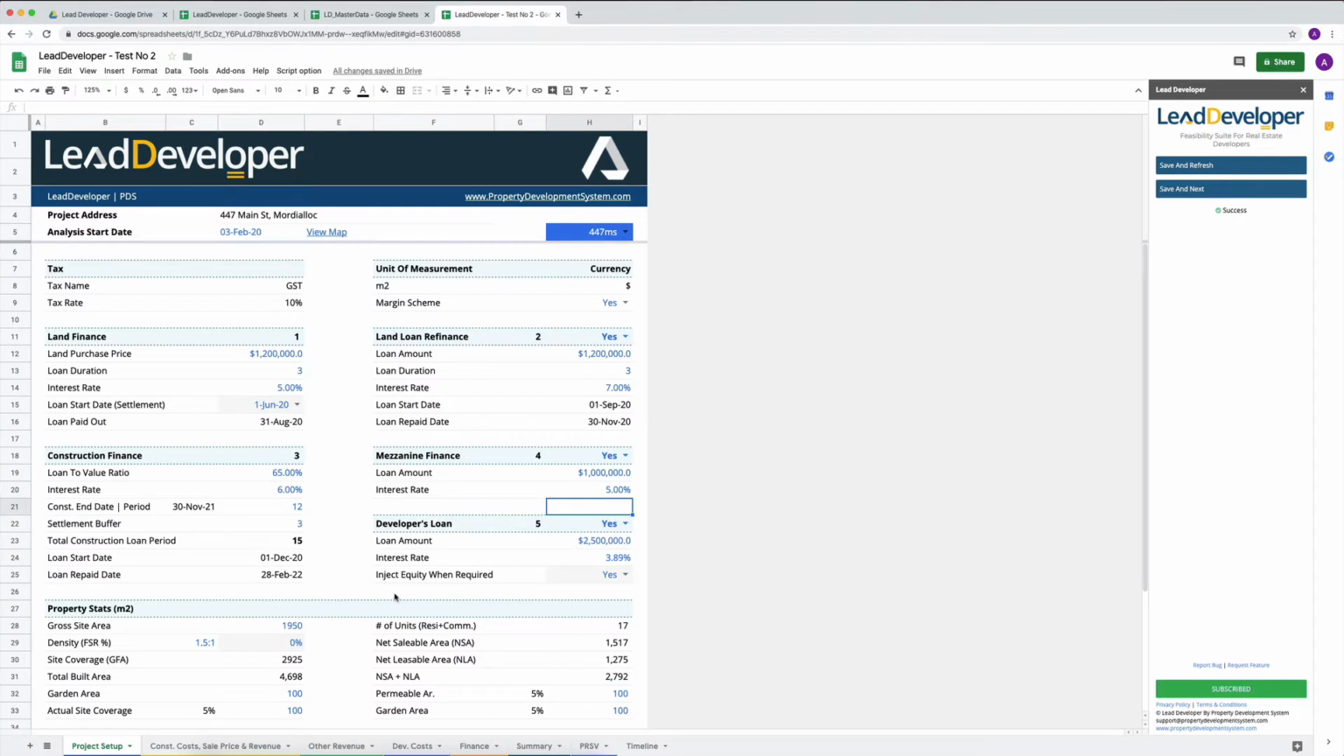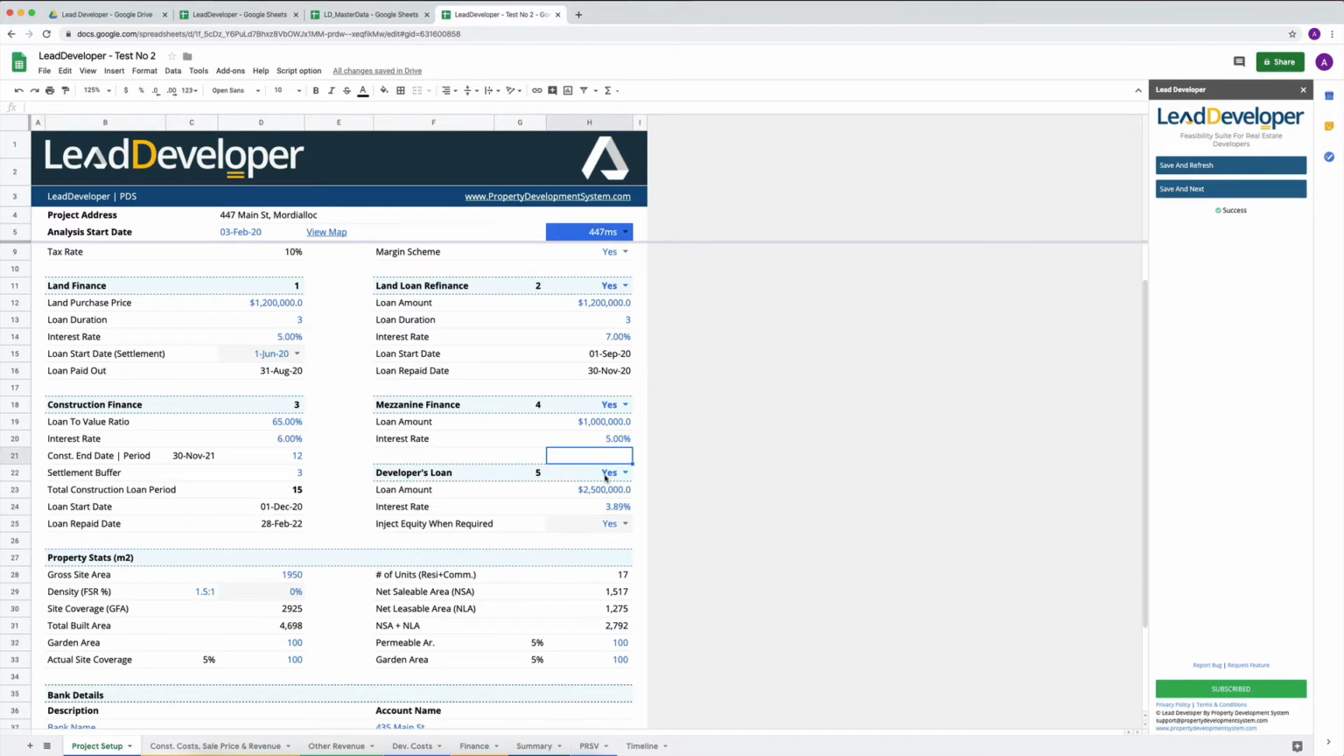So, in your project setup here, we had the developer's loan, and we said yes to it. I know when we started, it was no, but now I want to show you how things are going to come about. Now this means that I'm going to loan 2.5 million to this project, and the interest rate that I'm going to charge is the same interest rate that I'm paying on my offset account with my home loan or whatever. But I'm pulling out equity from another facility and adding it to this development,